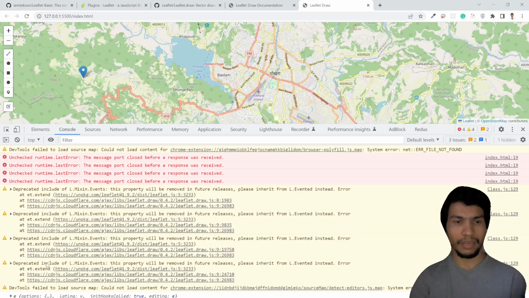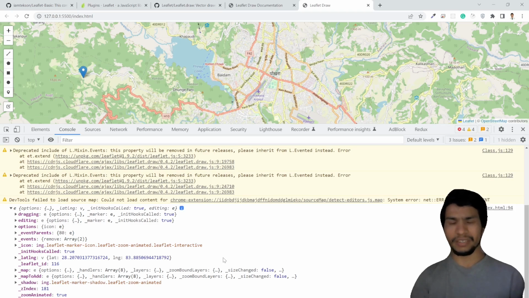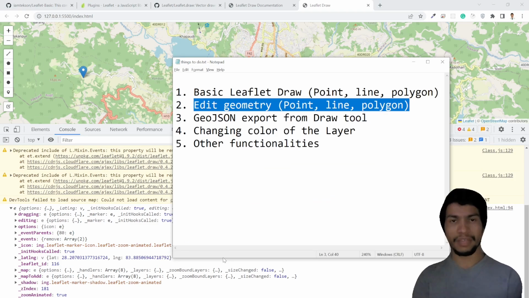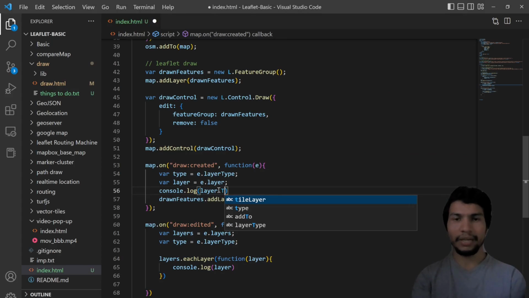Let's say I create a point, then this is my layer. Simply, if you try to change the layer to GeoJSON, Leaflet has a very easy function, I would say. Simply what you need to do is write layer dot toGeoJSON,